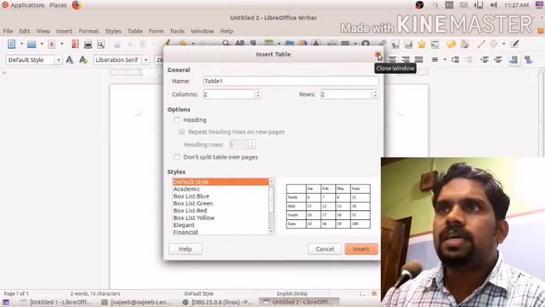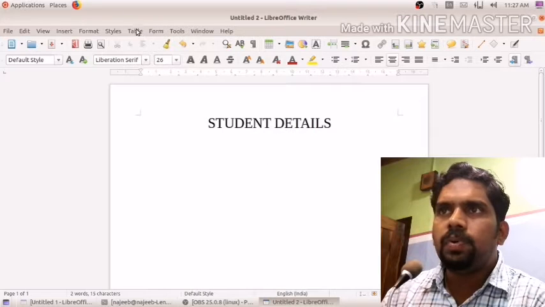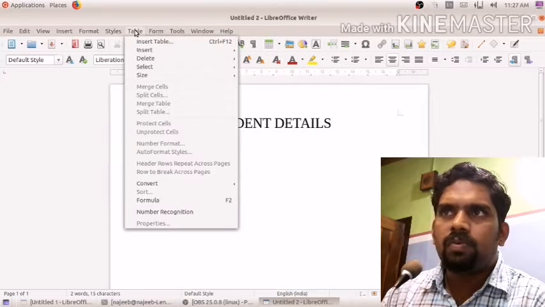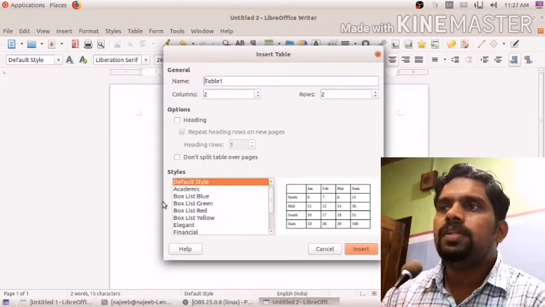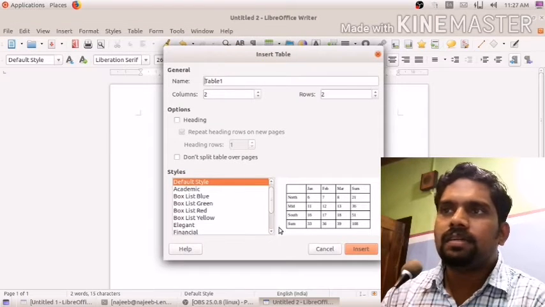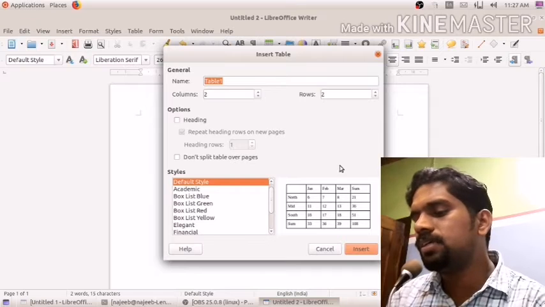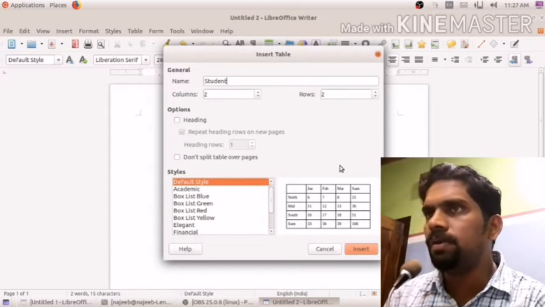Otherwise another way is that you have one menu on the menu bar, Table, where you can just click on Insert Table, then it will display that window where you can type the table name if you want. I am just writing here the table name, that is student table.